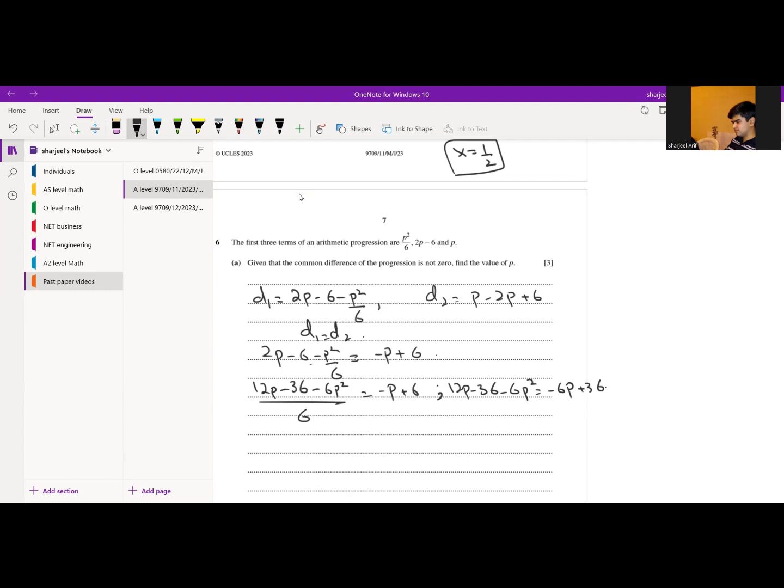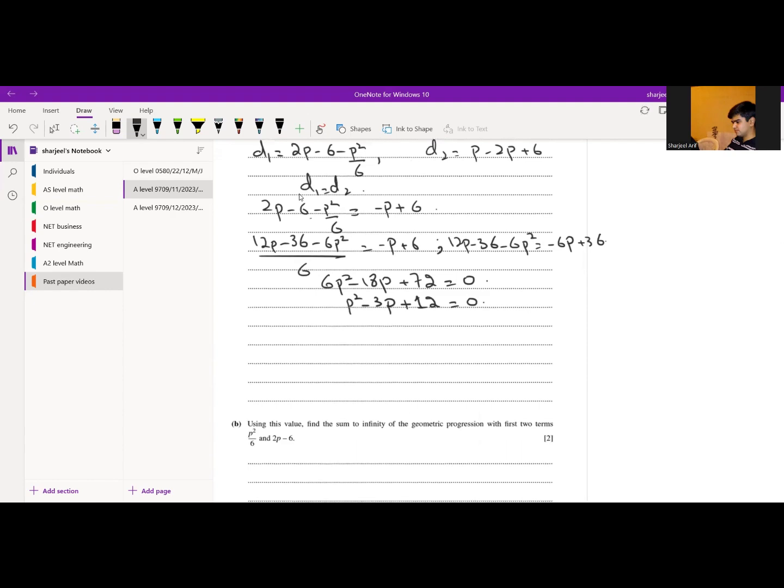Now, further simplified by changing the positions, you will get 6p square minus 18p plus 72 equals 0. You can take 6 common. Now you have to make the factors,